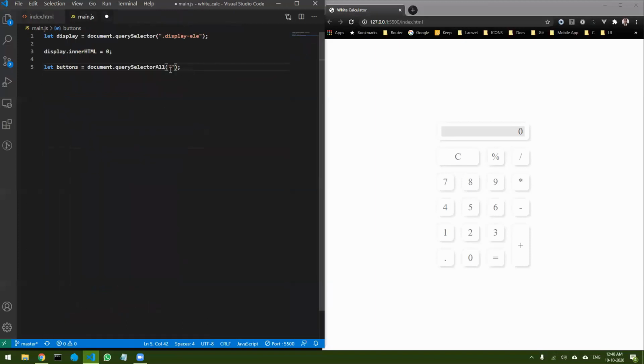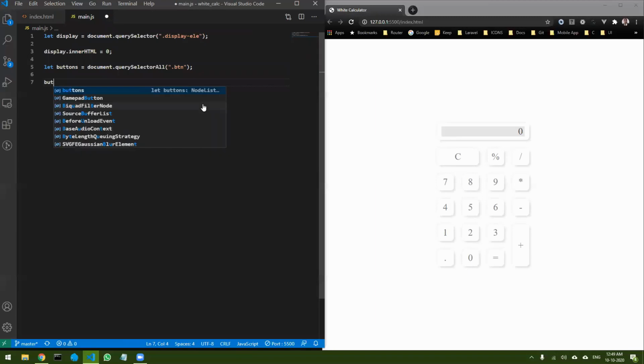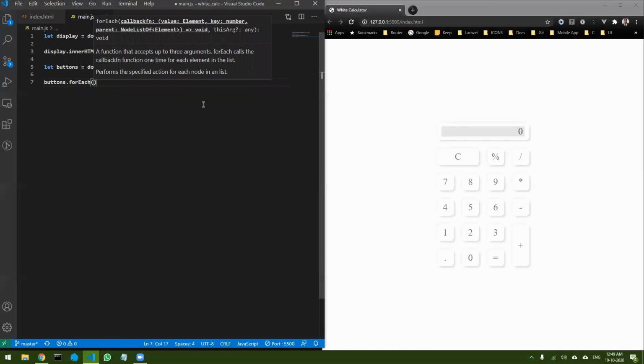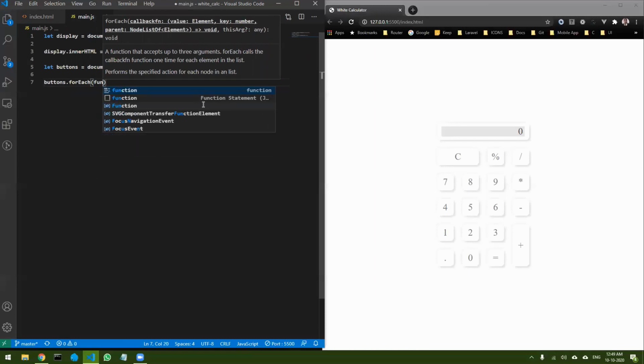I just have to select those buttons. Okay, and once these buttons are selected using querySelectorAll, now I can add an event listener to each one of them. For that I can just use buttons.forEach, and inside this forEach I can just run a function,